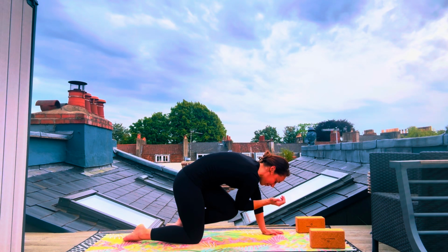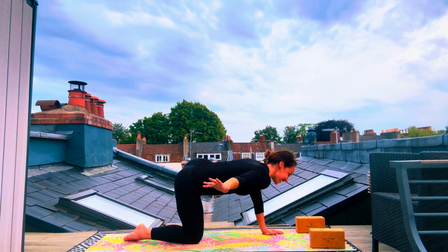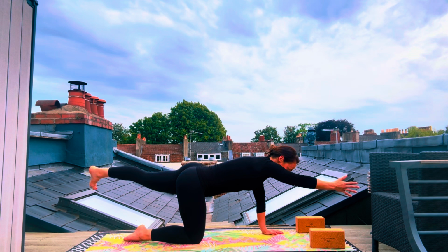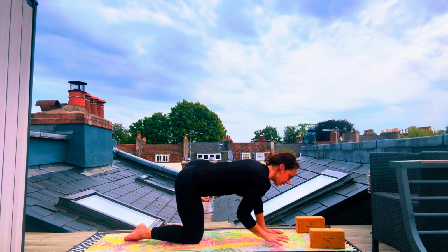Exhaling, knee to elbow. Breathing in, reaching long. Exhaling, hand and foot out to the side. We're going to take one more inhale. Exhaling to compress. Breathing in deeply, and then final time, as you exhale, taking the left foot left and the right hand right,